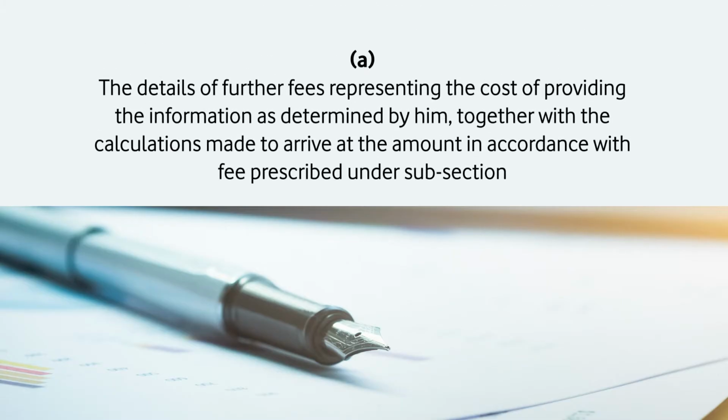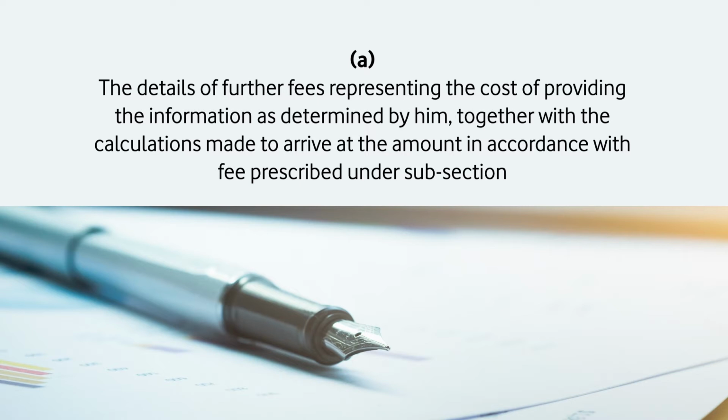So, it is very important. You cannot just keep that application and say that it does not pertain to me after a period of 30 days or after a period of 90 days of that application. You just cannot say after 30 days or 50 days, one fine day when you are approached, that why did you not answer, and you have the reason that the fees was not appropriate. So, if there are additional fees to be paid by the applicant, you have to inform the person who has made the request. And you have to give the details of further fees representing the cost of providing the information